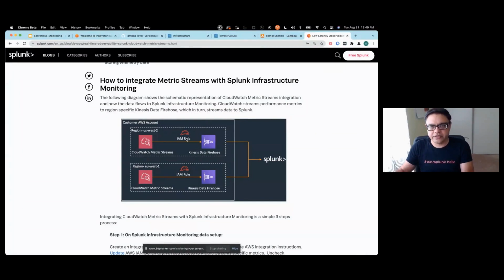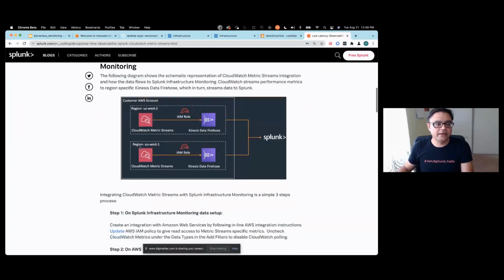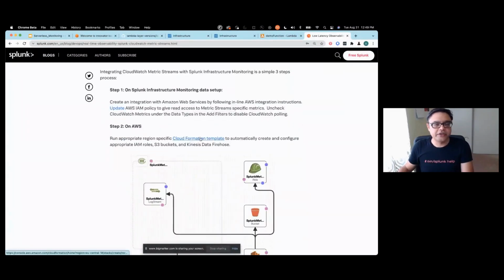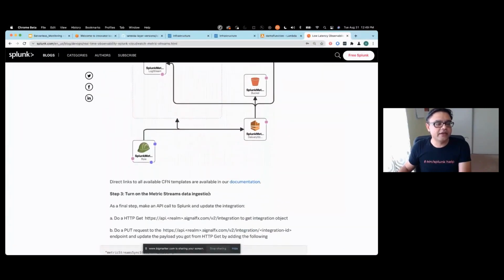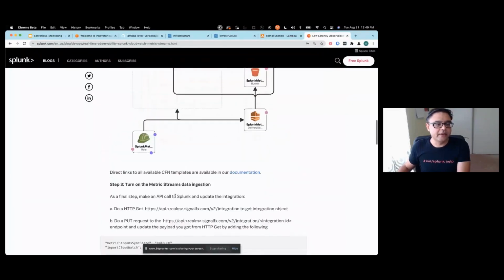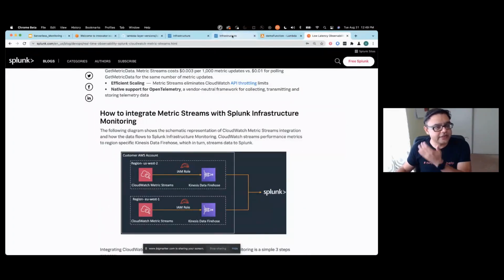So MetricStream provides near real-time visibility from CloudWatch metrics to Splunk. So it is basically connecting CloudWatch metrics, which will be deposited through our data firehose, and that is low latency observability. And how do you set it up? There is a CloudFormation template that you can set up for your region. It is per region, so you will have to set it up if you're in multi-region deployments. You set it up and you tell us that you start using MetricStream rather than the CloudWatch integration. And that's it. So we'll start getting MetricStream data,